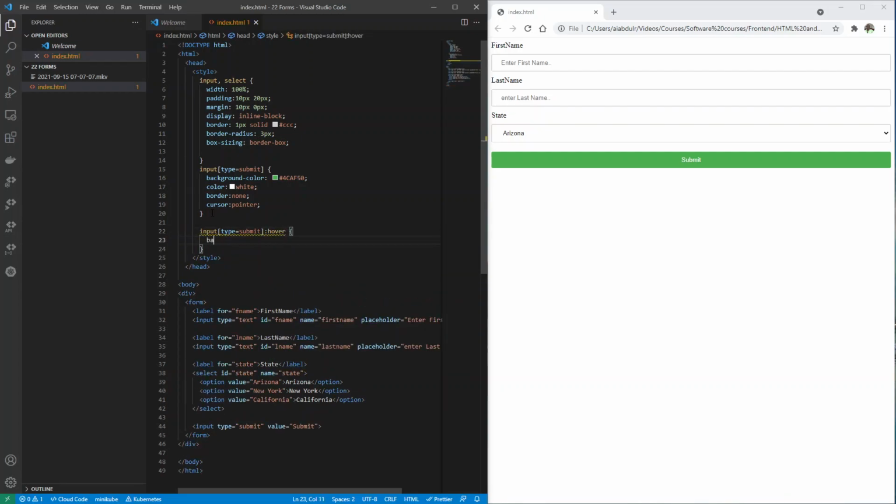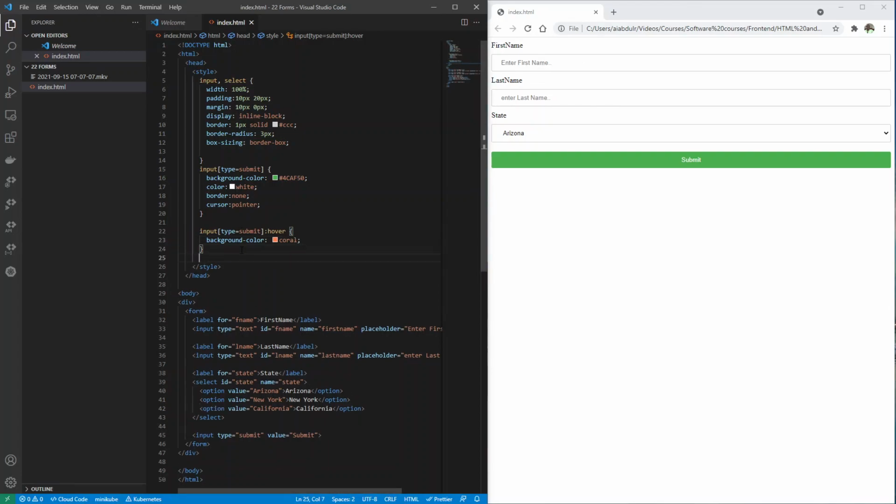I'm just gonna say change the background color, and this time I want it to be, and all these colors are just maybe coral. Okay, I want it to be coral, and so when I refresh this again,